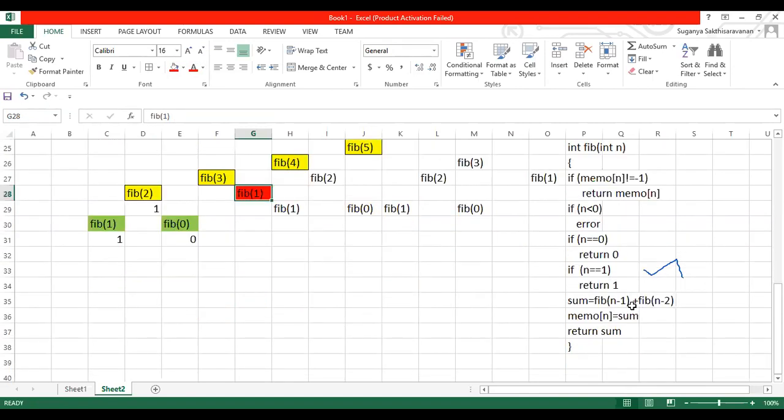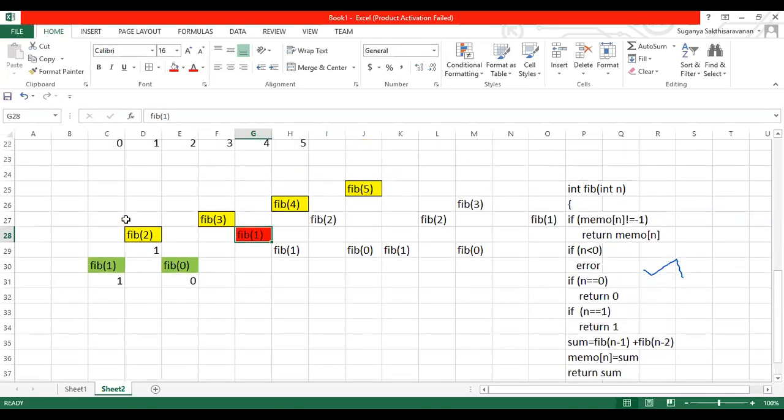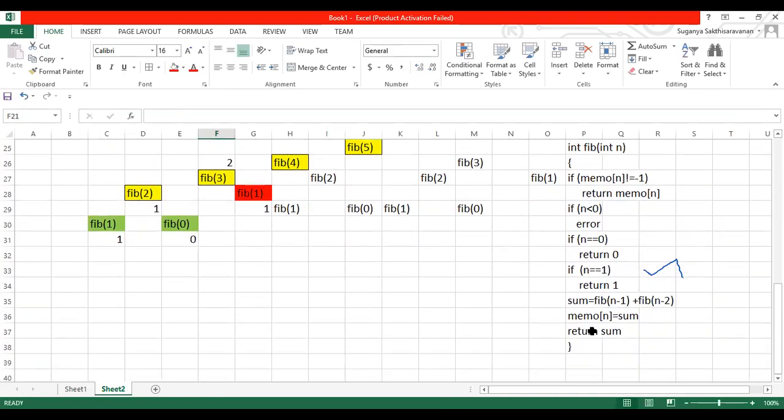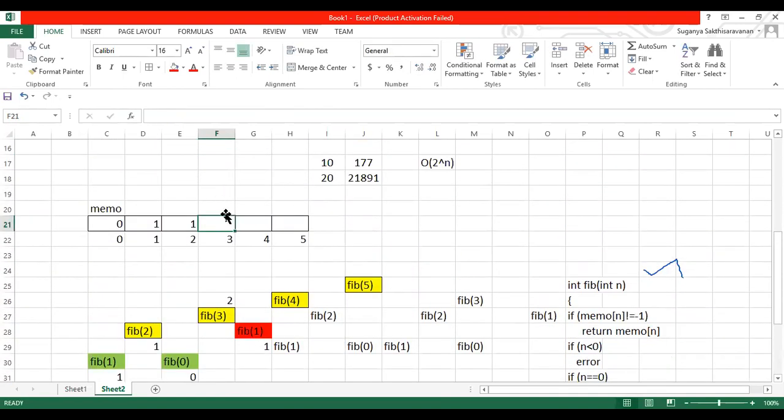When the function is called for fib of 3, fib of 2 and fib of 1 are called. Whenever it is fib of 1, the value at the memo will be taken; it will not be calculated. In memo, fib of 1 is 1 already. So this value 1 will be taken and added, stored as 2. This 2 will be stored at memo of 3.